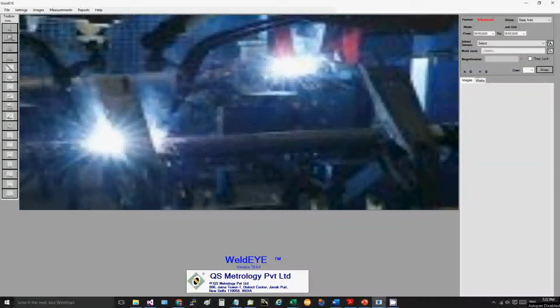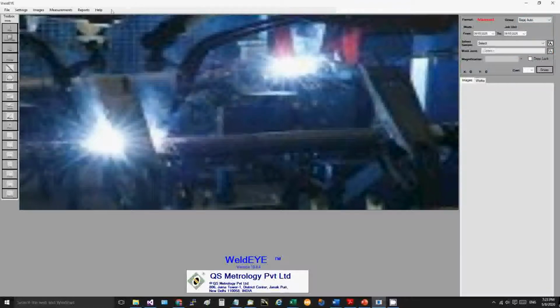Now we will cover the groups. As I said before, groups are used to group your master data. You select a group from the top right corner. These are the pre-built groups like Bajaj Auto, Ford Motors, KML, TVS Motors, Lear, Renault Design, Royal Enfield, and we have also created a default group in case you don't want to create any group that is specific to any name.